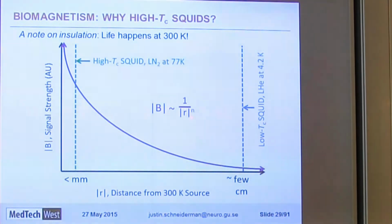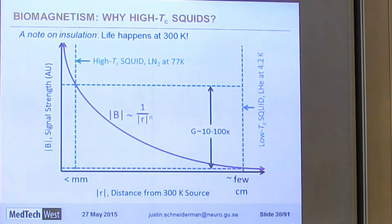Yeah? So this n can be squared or cubed or higher order, but it basically means it's decaying. And if you compare the magnetic field strength as recorded by a high TC SQUID as opposed to a low TC SQUID, if they're looking at the same source, you can see a gain in the signal strength on the order of 10 to perhaps even 100. And that means the signal levels you're receiving from your sources are going to be much higher for high